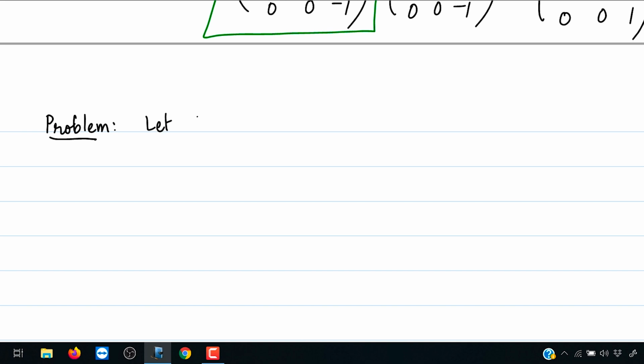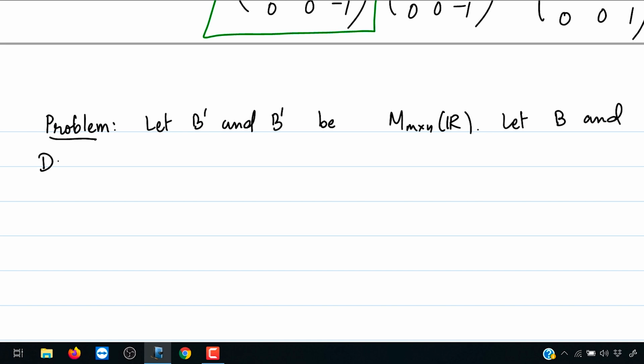Let B prime and D prime be M cross N matrices with entries in R. So let me just write it down in this manner: M cross N of R. Let's obtain two new matrices. Let B and D be the matrices given by